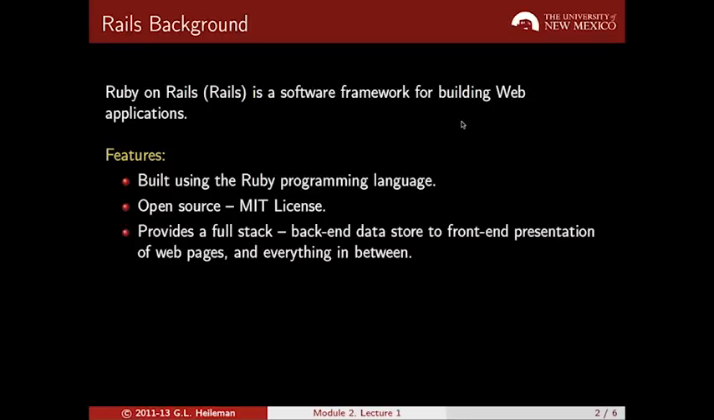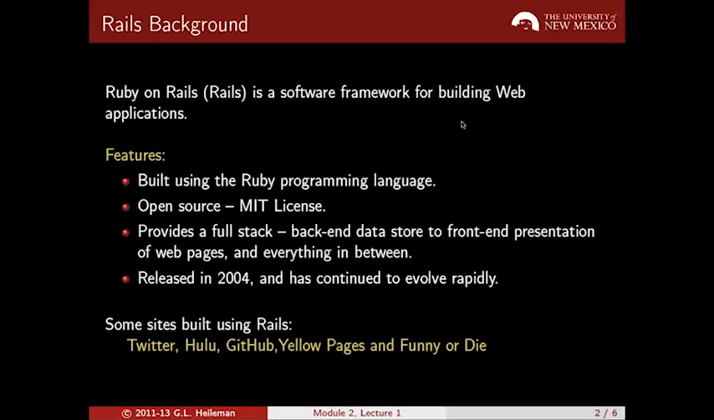Rails provides a full stack from the back-end data store to the front-end presentation and everything in between. A lot of what we'll do in this course involves understanding all of those pieces in between. It was released in 2004 and it's been rapidly evolving. It seems that every year there's another version of Rails that's released. Some of the sites that use Rails include Twitter, Hulu, and GitHub, which is a site that we'll use extensively in